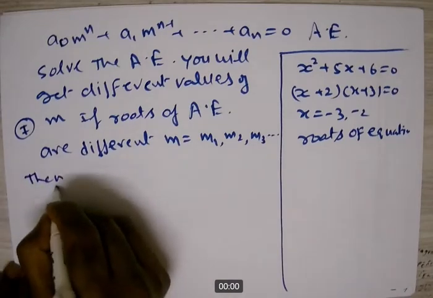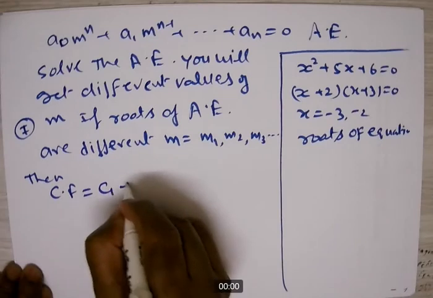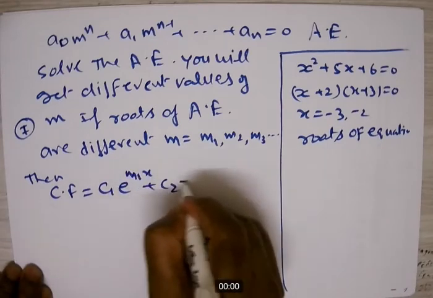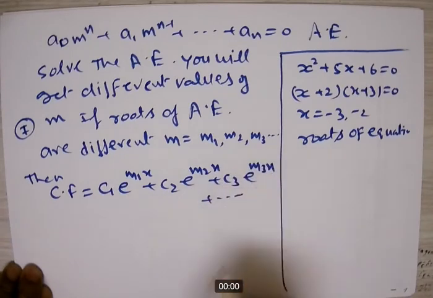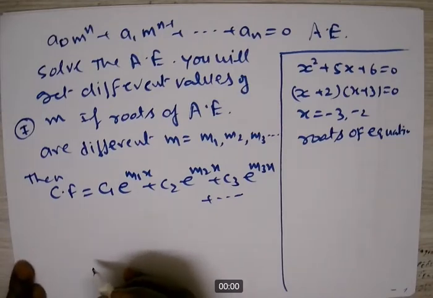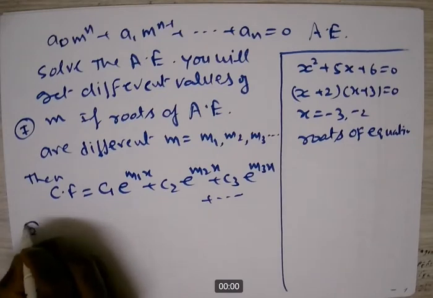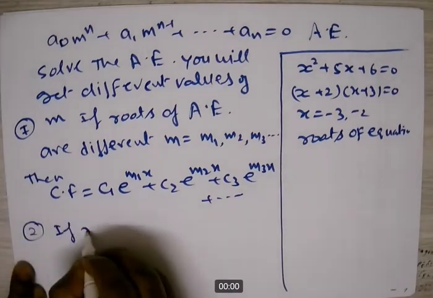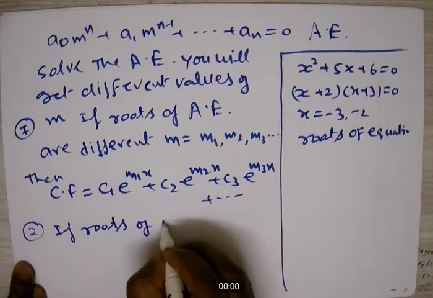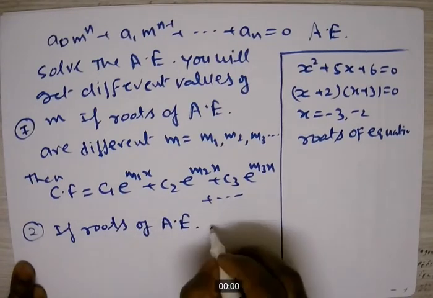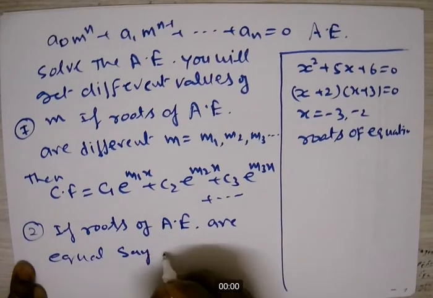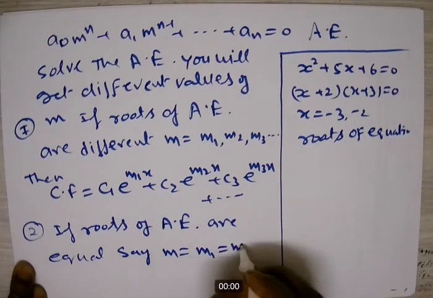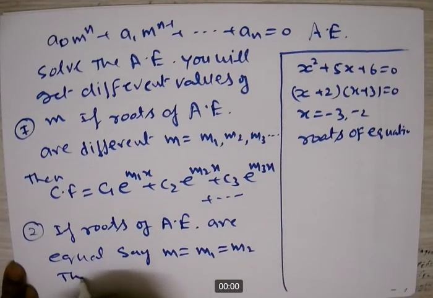then the complementary function will be written as c1 e power m1x plus c2 e power m2x plus c3 e power m3x and so on. Then the complementary function will be written like that. Number two: if the roots of the auxiliary equation are equal, say m equal to m1 equal to m2, meaning two roots are equal,